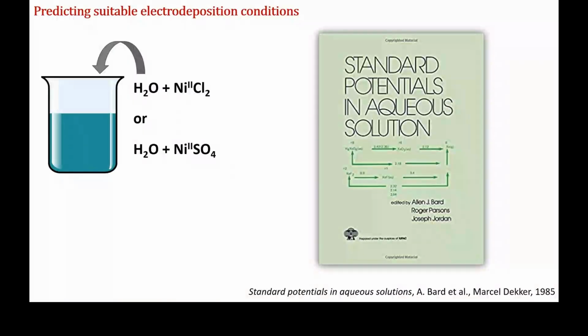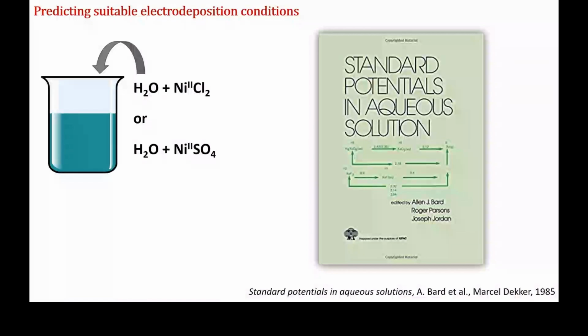And you have to open the one that relates to the system that you actually want. What you're looking for is the forms of that metal that might realistically occur in your solution, and that depends partly on what form you've actually added that material to the solution in the first place. So if you've added nickel in the form of nickel chloride, you might be interested in any nickel chloride complexes,